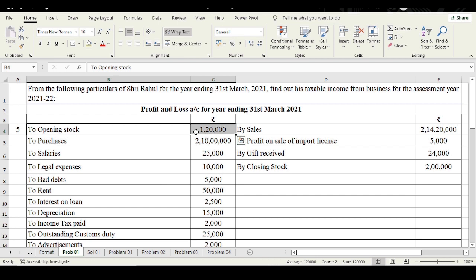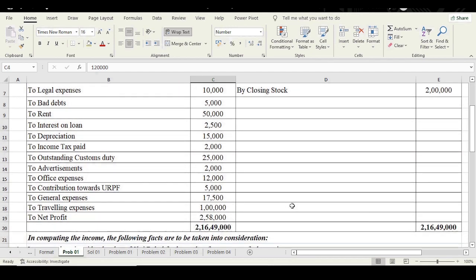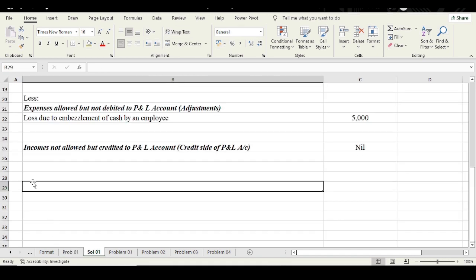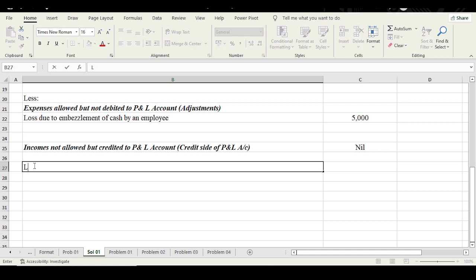Okay, but they're showing it as less. Because they're showing less, the profits that are being shown over here are high. Since profits shown are high, you need to lower the profits. That means to say when opening stock is undervalued, you have to deduct. Okay, because the profits that are being shown are much higher than what actually it is. So less